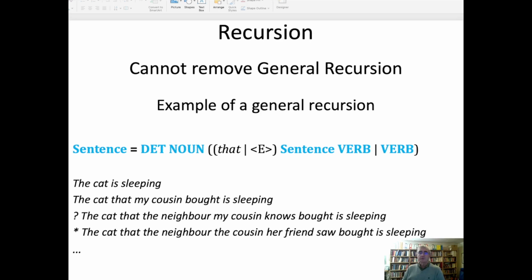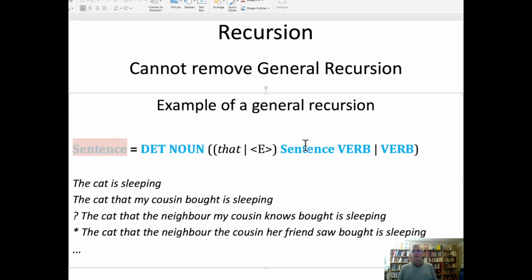It's a theoretical result. So if you enter a grammar such as sentence, det, noun, that, sentence, verb, type verb, in which sentence is defined from sentence, but this sentence reference is neither a prefix nor a suffix of the rule sentence, then this is a general recursion. It's not possible to remove it, to rewrite the grammar as a regular grammar. However, there is some interesting linguistic fact, which is this type of grammar corresponds to embedded clauses that are in the middle of sentences. For example, here, this grammar recognizes